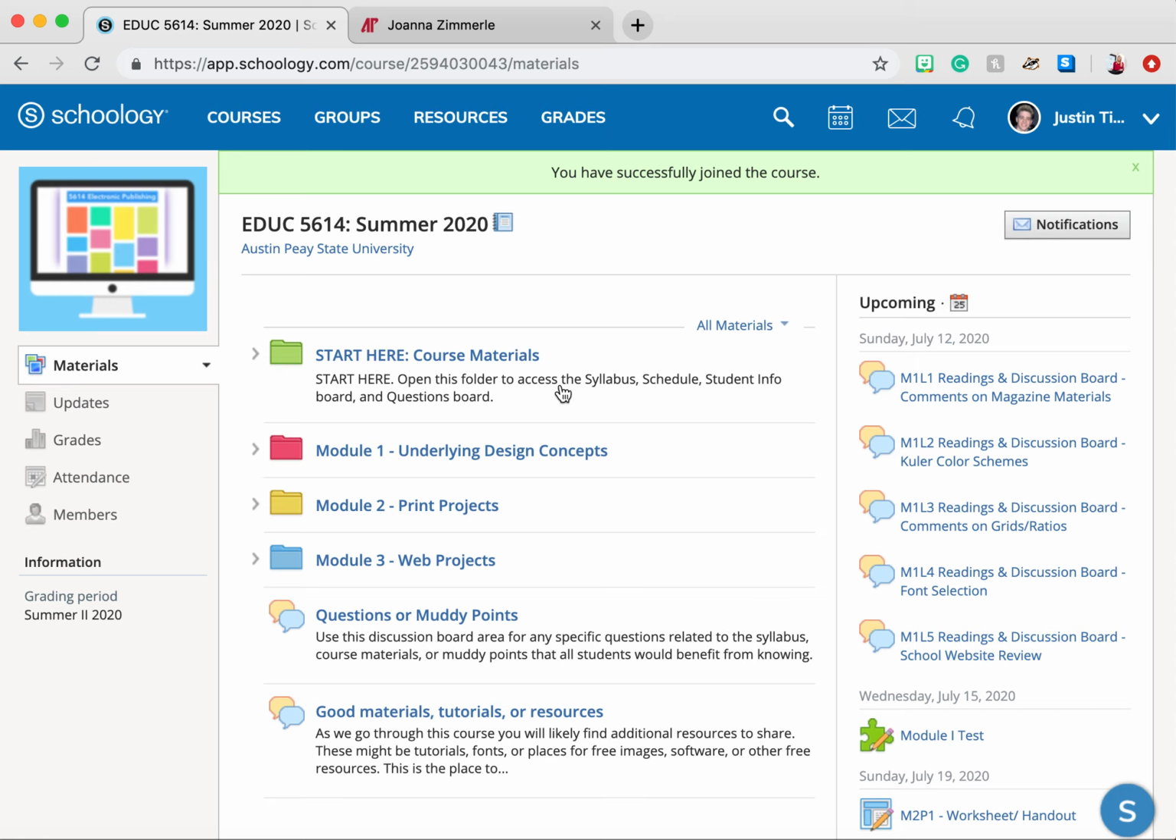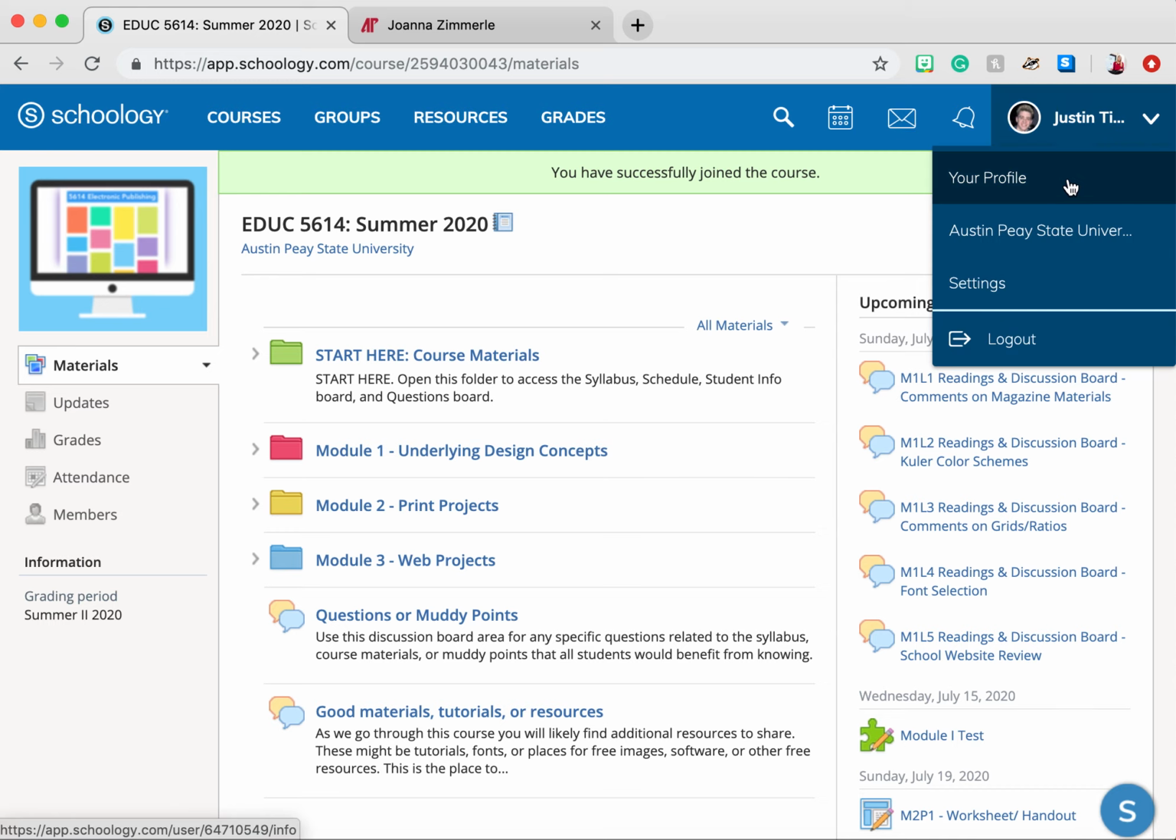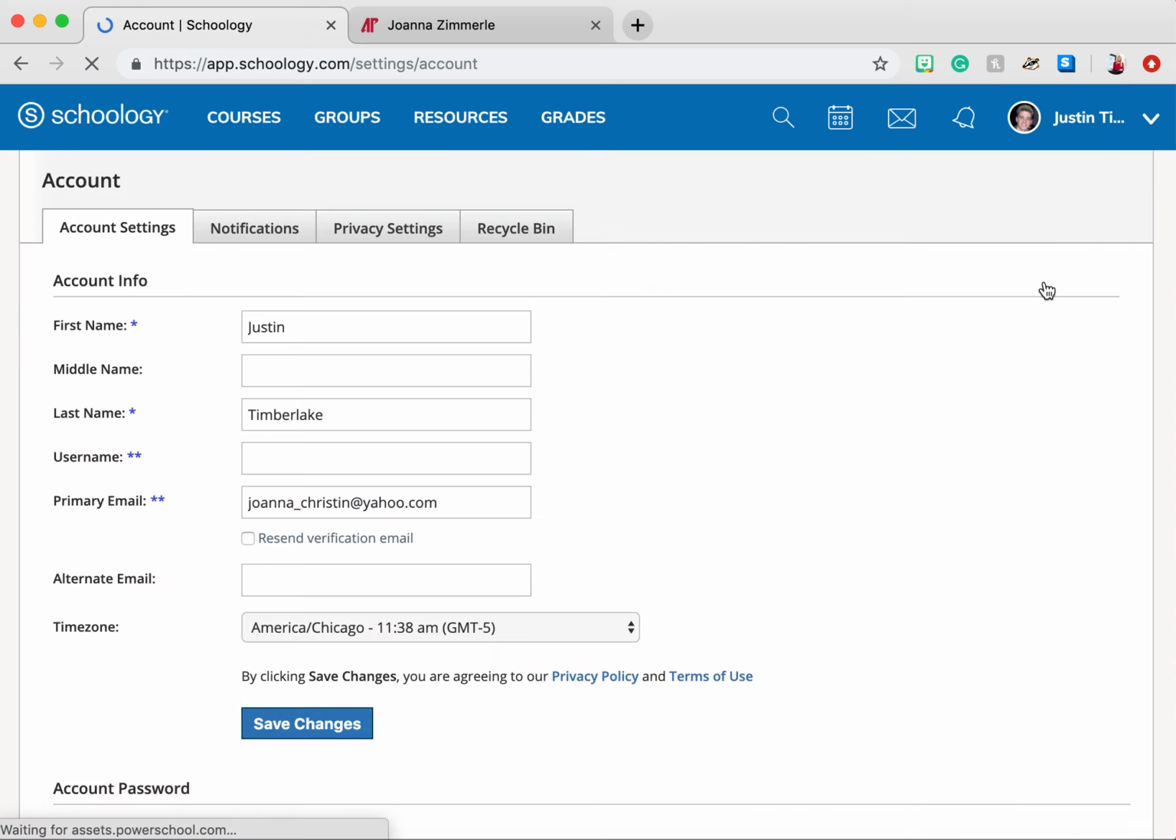Now before we go any further, we need to take care of some housekeeping. Click the down arrow by your icon in the upper right corner. Click Settings. Change your time zone to America, Chicago, then click Save Changes. I know Austin Peay is in Clarksville, but we are associated with the same time zone as Chicago. If you fail to update your time zone, you might think assignments are due earlier or later than they actually